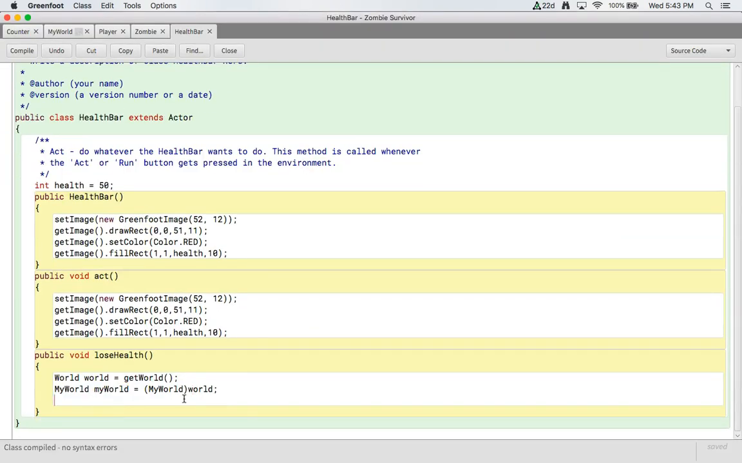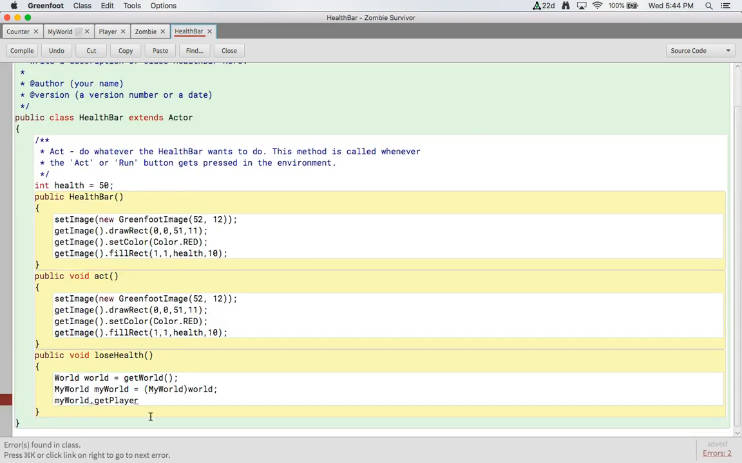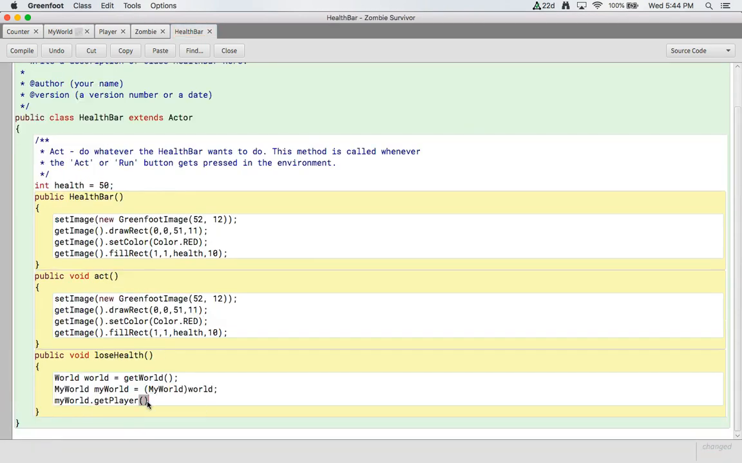Okay, and so now whenever we say myWorld dot, now we can access our player. So we can do the getPlayer from our myWorld, and on our myWorld, our getPlayer method is right there, and that returns a MainPlayer. So now that we've returned MainPlayer, we can do dot hitByZombie. But we're going to need to say this in an if statement. So if myWorld.getPlayer().hitByZombie()